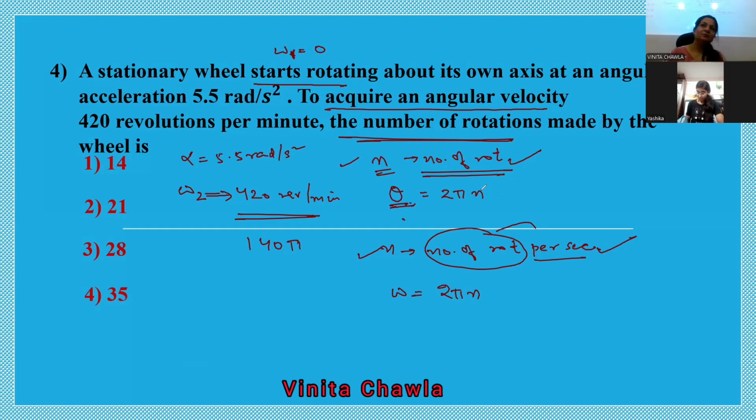अब थीटा कैसे आएगा? ओमेगा 1 पता है, ओमेगा 2 पता है, अल्फा पता है, 3 इक्वेशंस पता है, कौन से वाली लगेगी? थर्ड। सेकंड वाले में टाइम चाहिए, टाइम नहीं है हमारे पास। फर्स्ट वाले में टाइम चाहिए, नहीं है। थर्ड इक्वेशन लगाएंगे हम यहाँ पे। ठीक है, थर्ड इक्वेशन क्या है? ओमेगा 2 स्क्वायर माइनस ओमेगा 1 स्क्वायर इज इक्वल टू 2 अल्फा थीटा। थीटा निकाल लो। और थीटा को 2 पाई से डिवाइड करके नंबर ऑफ रोटेशंस फाइंड करो। ये क्वेश्चन आपने ऐसे करना है।